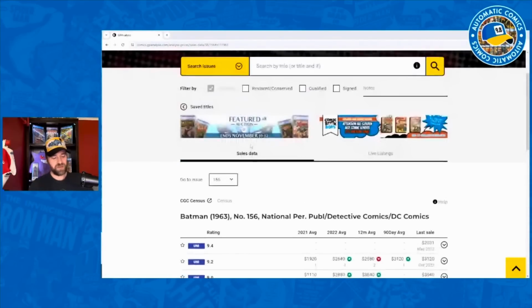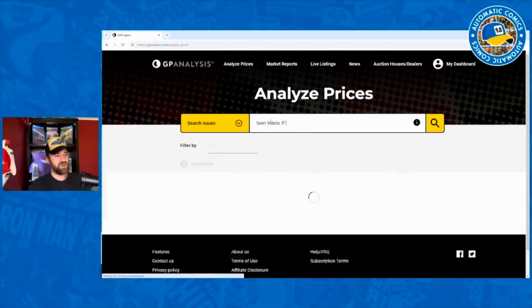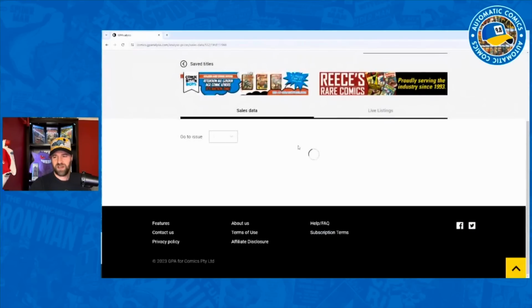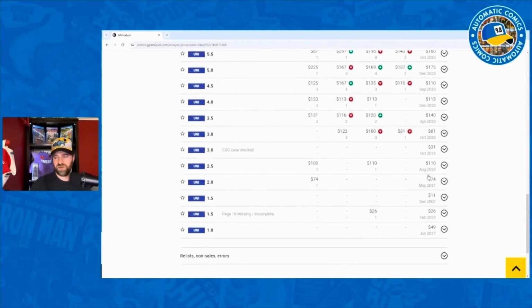And at that type of price point, this is the type of book where I'm really not going to get this book graded. So if we go to Teen Titans number 1, 1966, and we go down to the lower grades here, we've got a 2 to a 2.5, 174 to 110, but then this 3.0 at 80, a 4.0 at 113, a 4.5 at 110. I mean, I think maybe I could get a little more than 60, maybe up into the 70 range, but